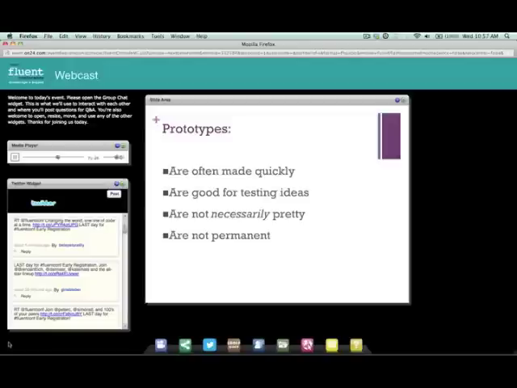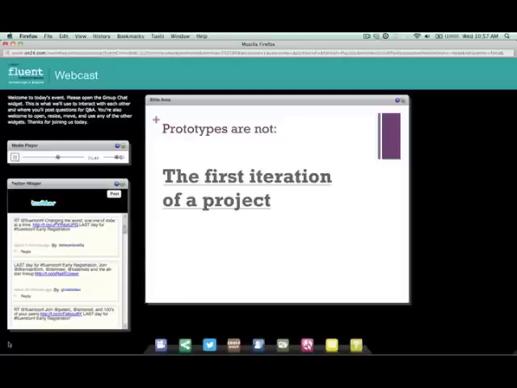And also importantly, prototypes are not permanent. They're made quickly and cheaply so that you can just throw them away, which leads to the great point that they are not the first iteration of a project. So if you're interested in user testing or you're trying to pitch this to your higher-ups or your engineering manager,